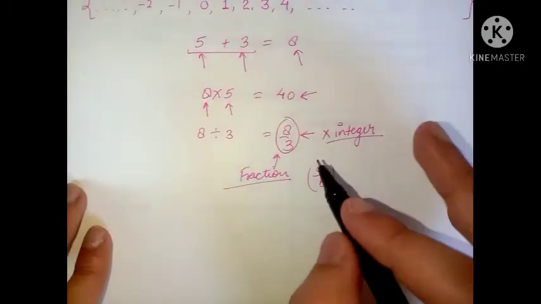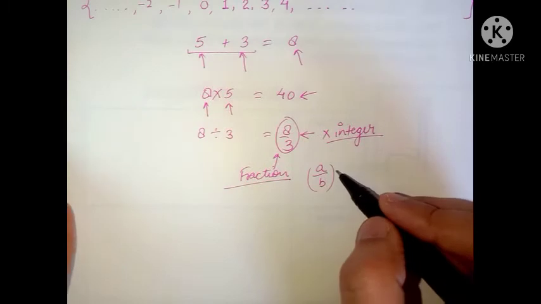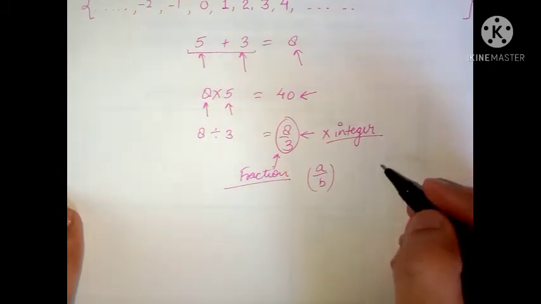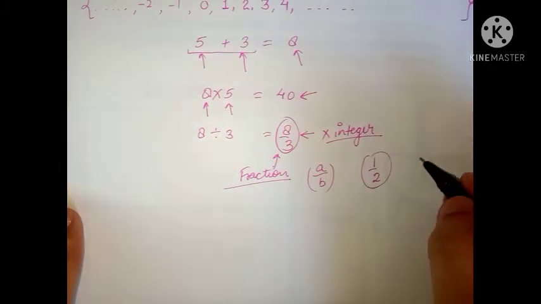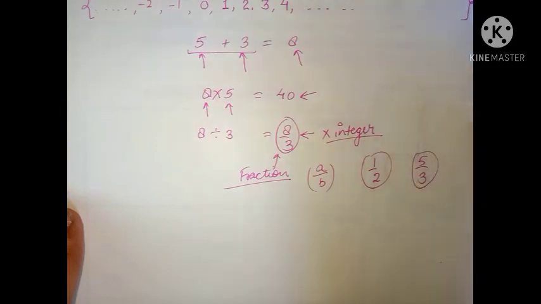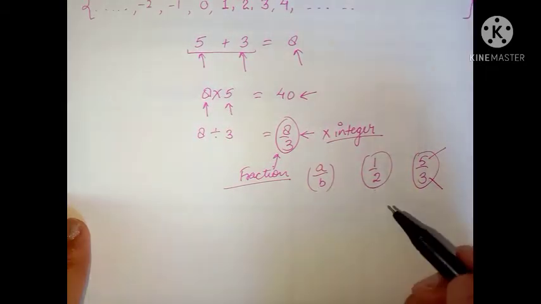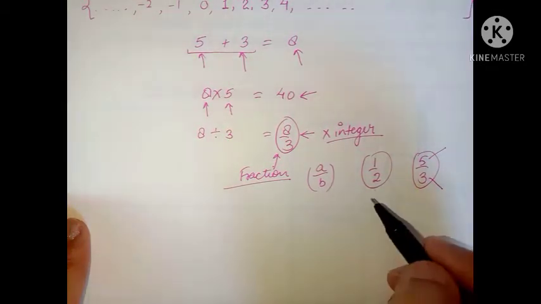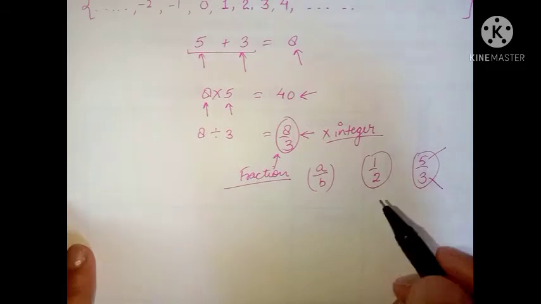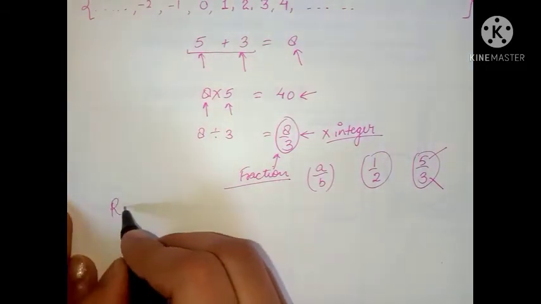As we know, fractions are numbers written in the form a upon b, like 1 upon 2 or 5 upon 3, any number of this form which has a numerator and a denominator. But it comes with a few restrictions: the numbers we can choose to fill these places are whole numbers only. So we need rational numbers then.